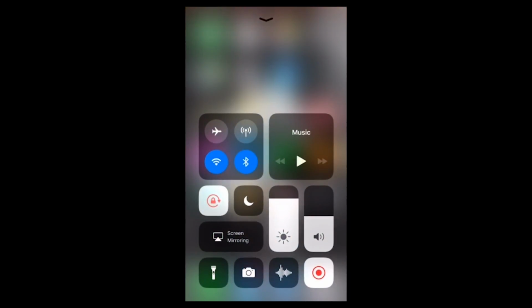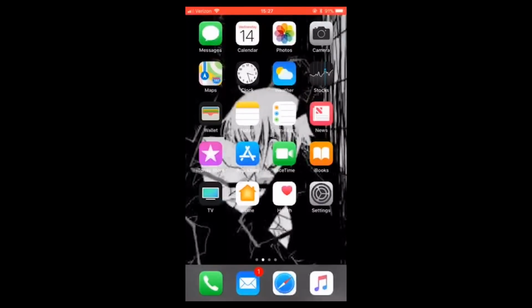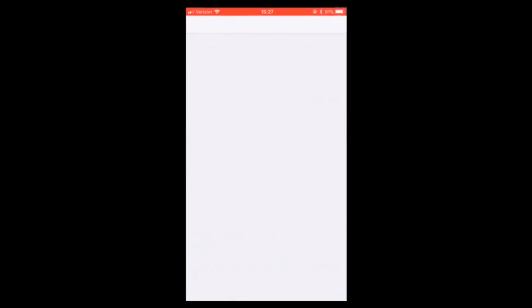Okay, so this app review is for the iPhone screen recorder. You can only get it for iPhone as far as I know, and it comes with an update. And my screen recorder is in here, and it is currently recording. Nice. But it's in my control center,